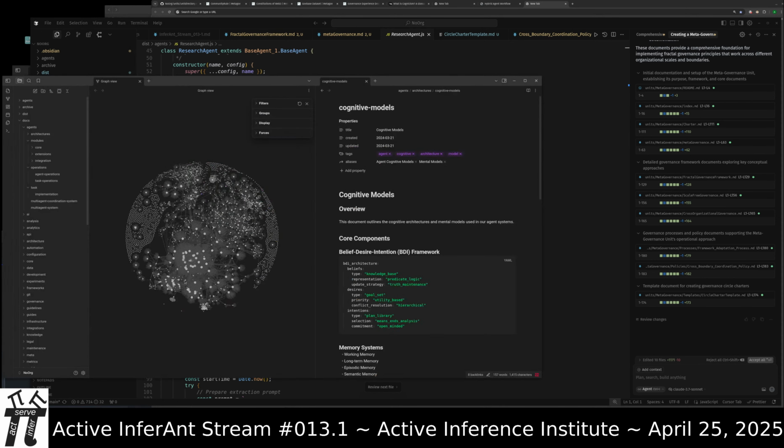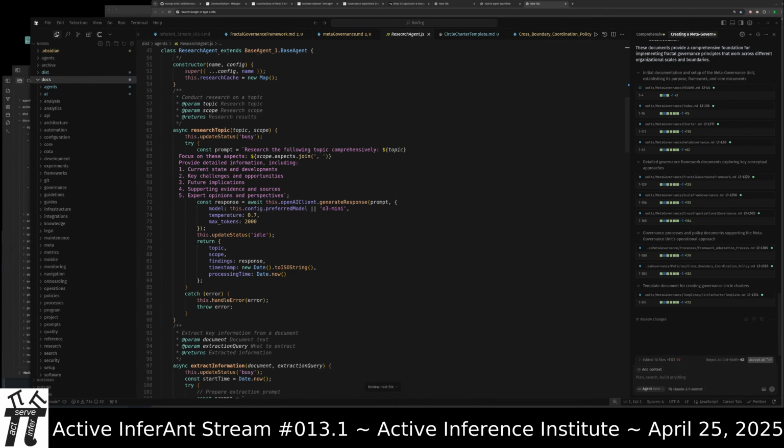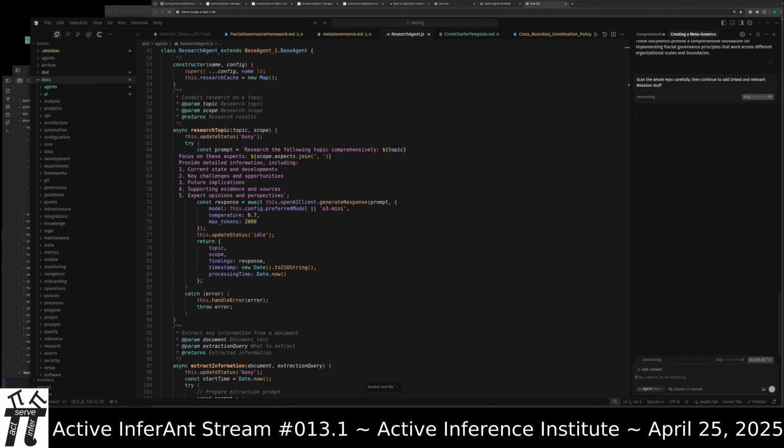So we won't look through all these documents, of course, but they're all up there, and they come into play when you use cursor. Scan the whole repo carefully, then continue to add linked and relevant metagov stuff.